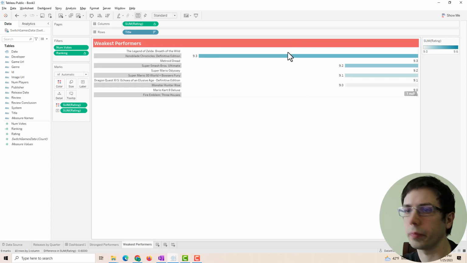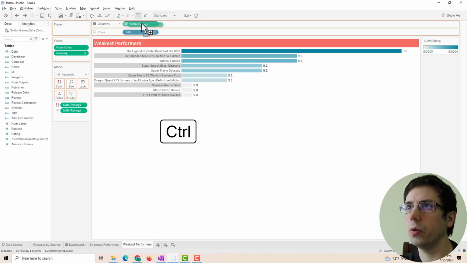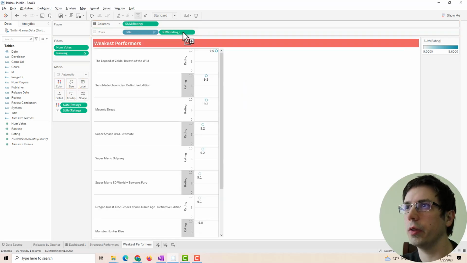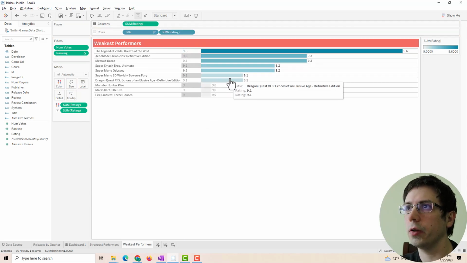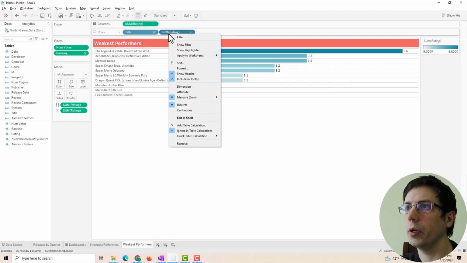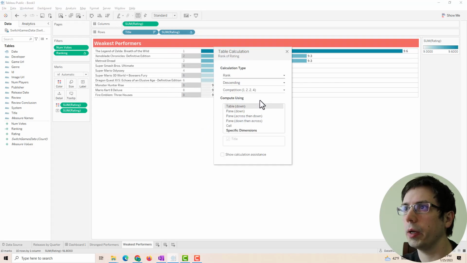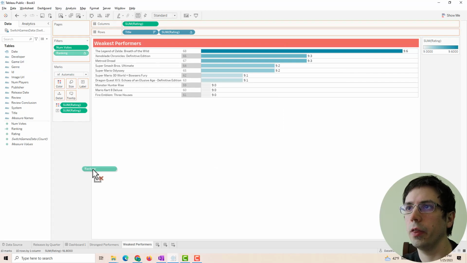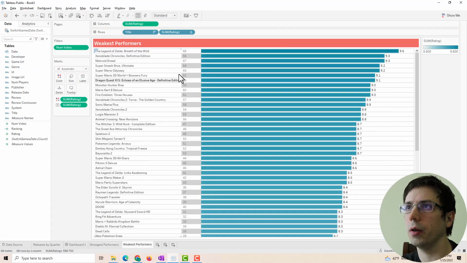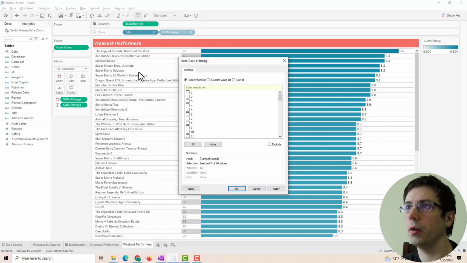I'm gonna hold down the control key and drag this right next door. I'm going to make this discrete. And then I'm going to go to my table calculation and back to ranking. This time, instead of descending, I'm going to make it ascending, and it's going to be unique. I'm going to pull off this so that we've got all these things here. I'm going to bring this in, and now